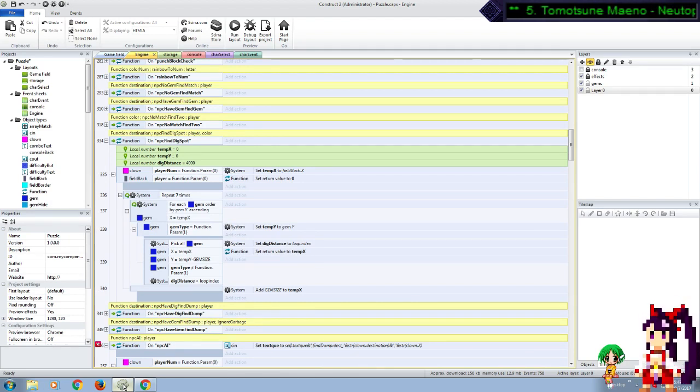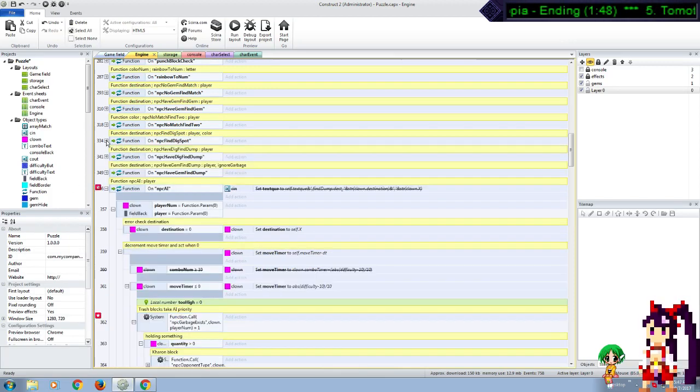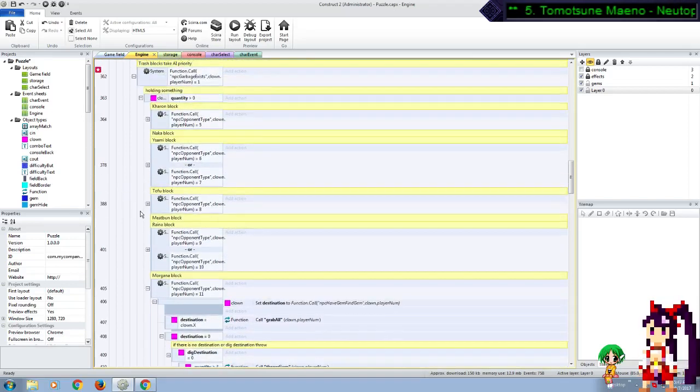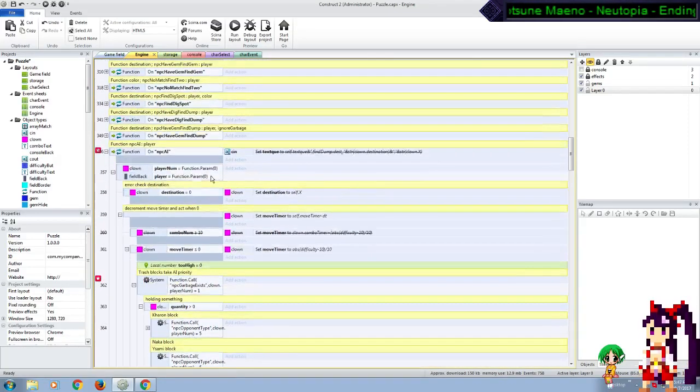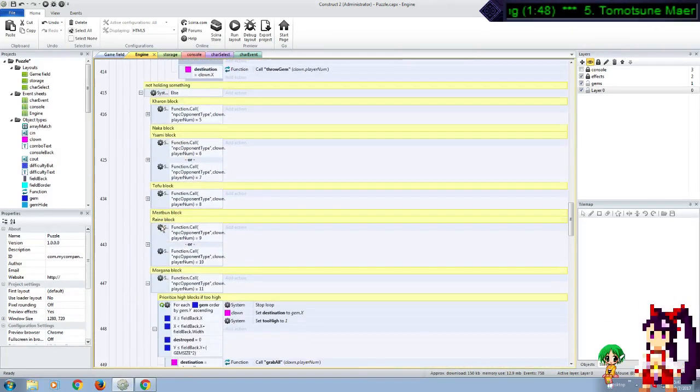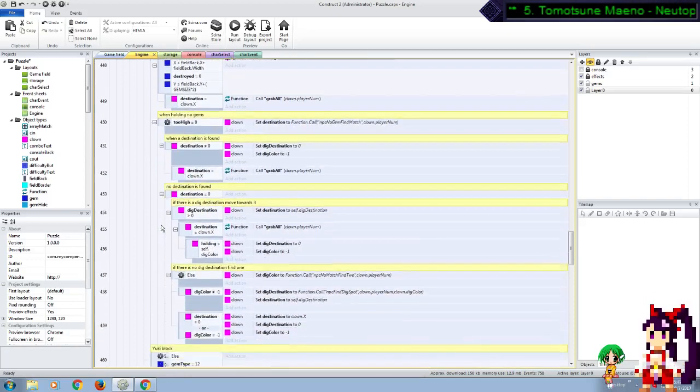Yeah, I don't see why this doesn't work either. So that's always concerning. So let's go up here. So we're not holding something. She's getting stuck when we're not holding something. So...